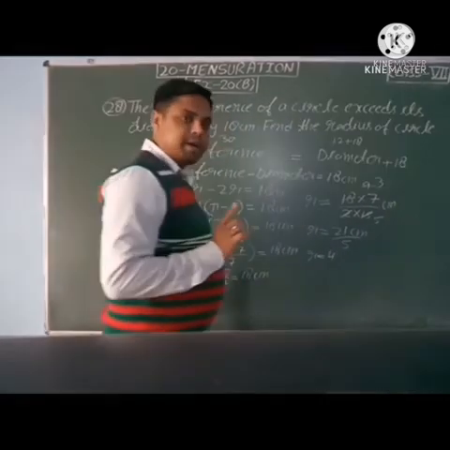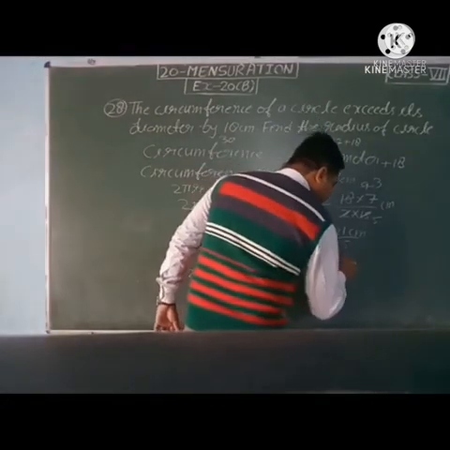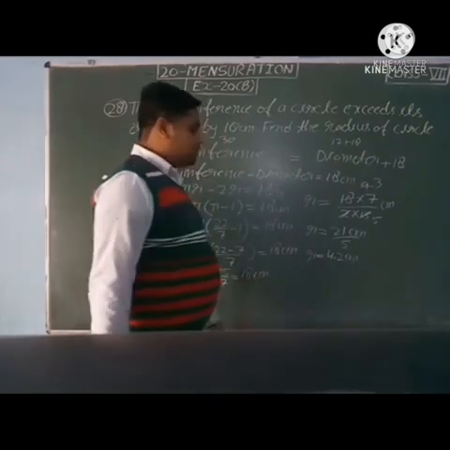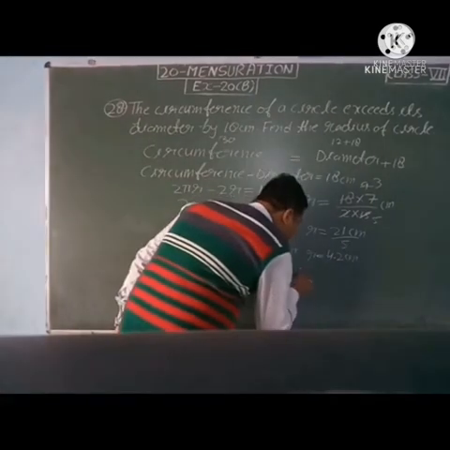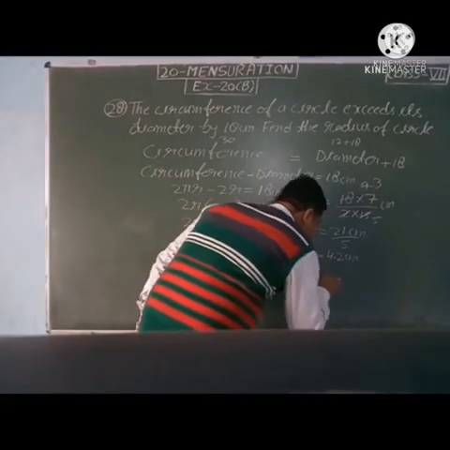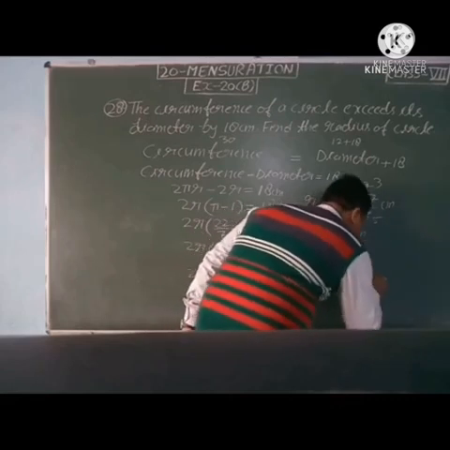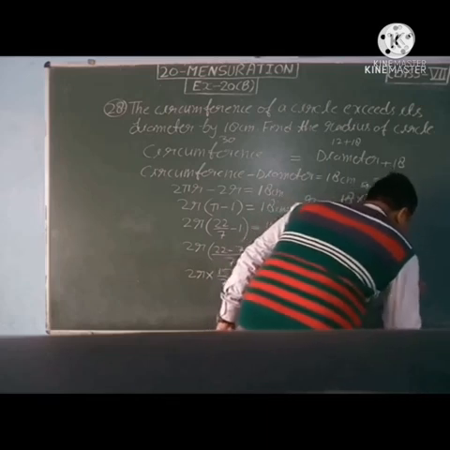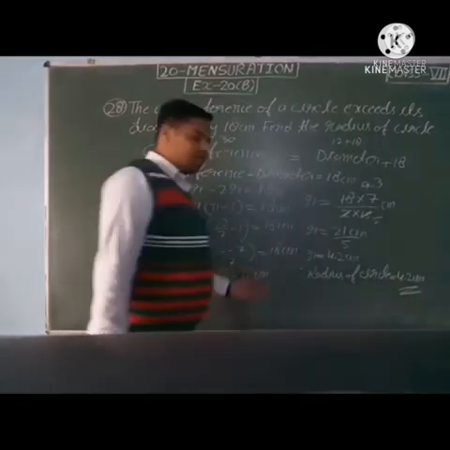1 is the remainder. Then we can put decimal and 0 is there. 5 2s are 10 centimeter. So students, R is coming 4.2 centimeter. It means therefore radius of circle is equal to 4.2 centimeter. So answer of 28